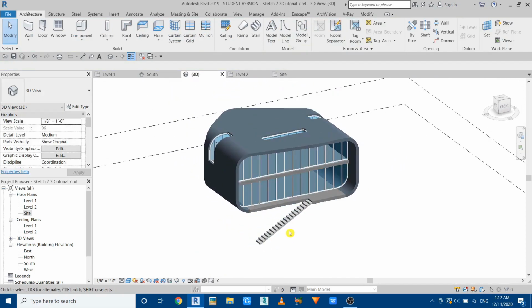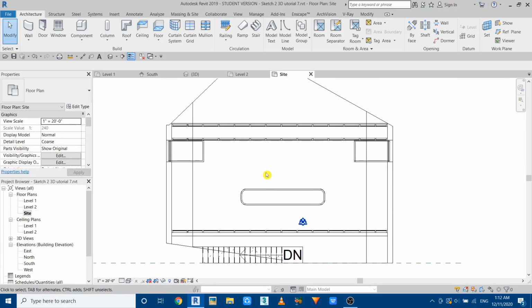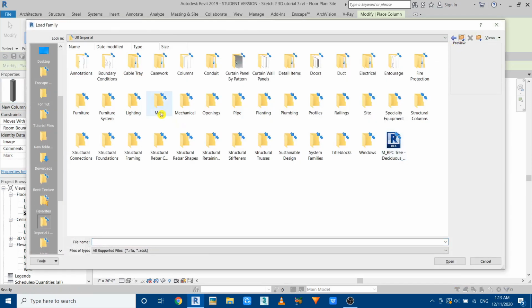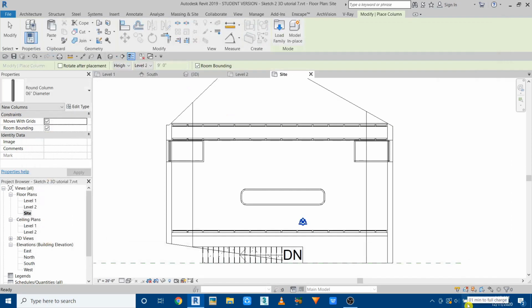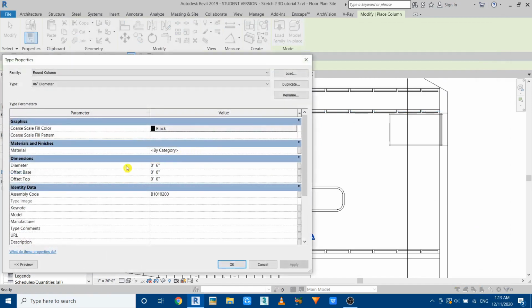Now we can just create the columns here, and then we'll create the topography. So to create the columns, we need to go to site plan and just click on this drop down and select column architectural. Let's load a round column family, so just click load family. Here go to columns and then select round column, open, and first we want to change the diameter of this column. So edit type, and here we have the diameter, make it 1 foot,